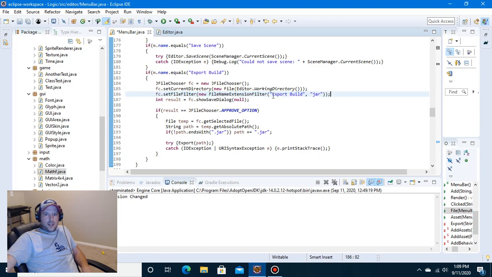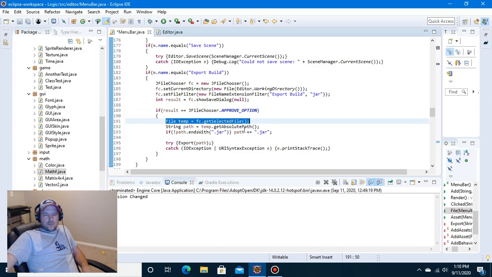That way our export thing says export build at the top. We're only able to view jars or folders. And then cache the result here, and then say if result equals approved. So if we actually clicked on it,